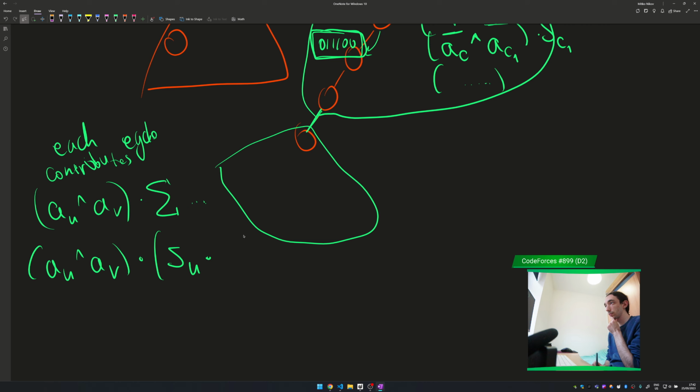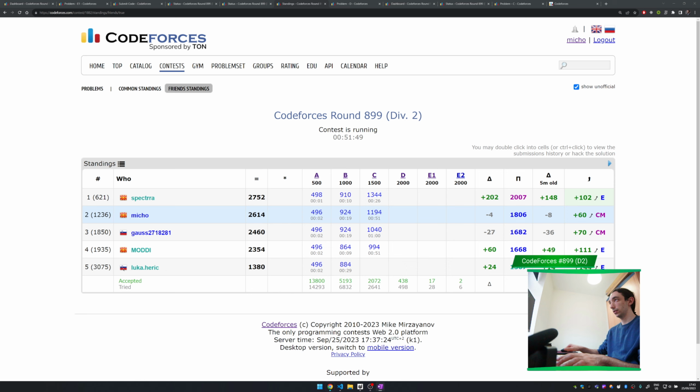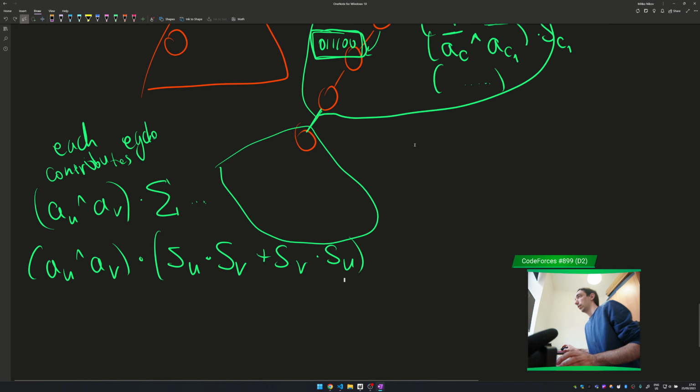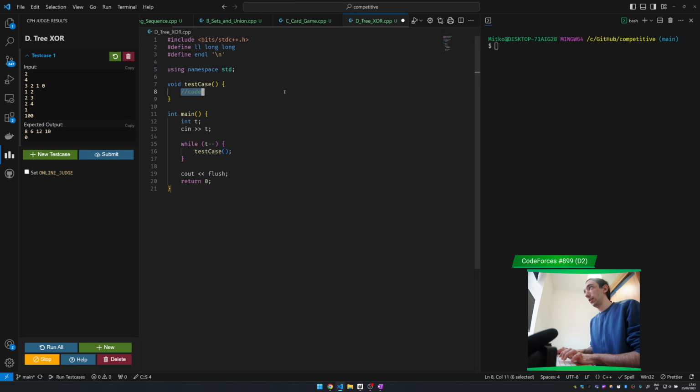We'll have them the size of the subtree v, and then plus the size of the subtree u times the size of the subtree v times the size of the subtree u. So this will do this. Now this here is easily calculable. So I think we can